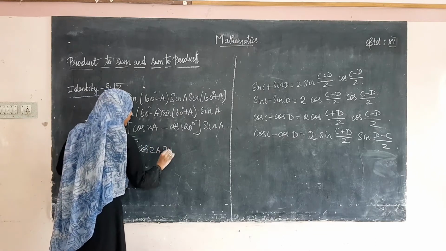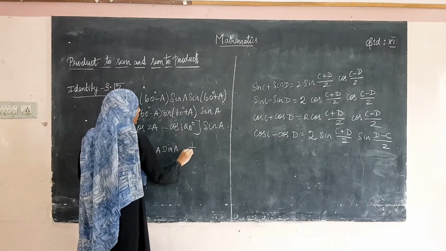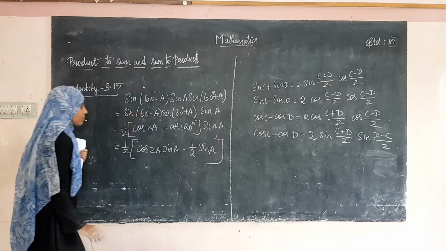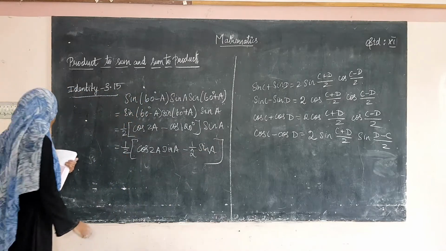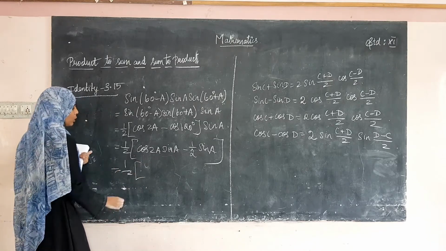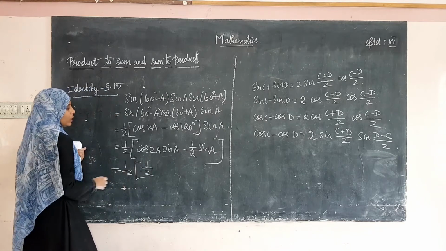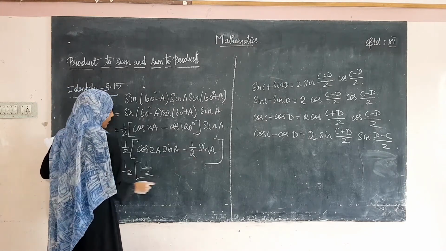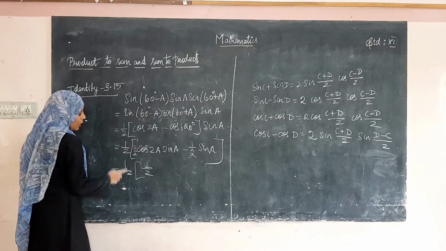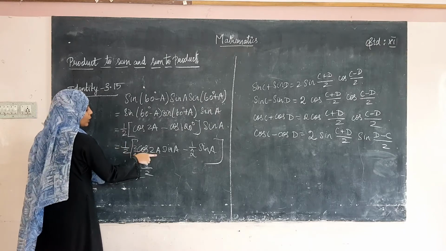Cos 2a into sin a minus cos 120 degree is 1 by 2 and then 1 sin a inside. So take this 1 by 2 inside. What you have to do is take 1 by 2 outside. So here it will be minus sin a. When you take 1 by 2 outside, you can write like this, 2 divided by 2. Now if you take 1 by 2 outside, 1 by 2 will be there. So 2 into cos 2a into sin a.